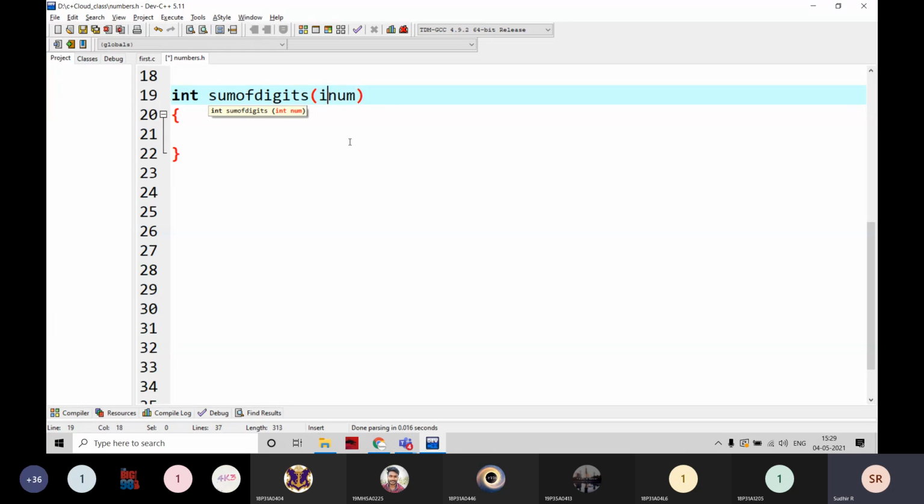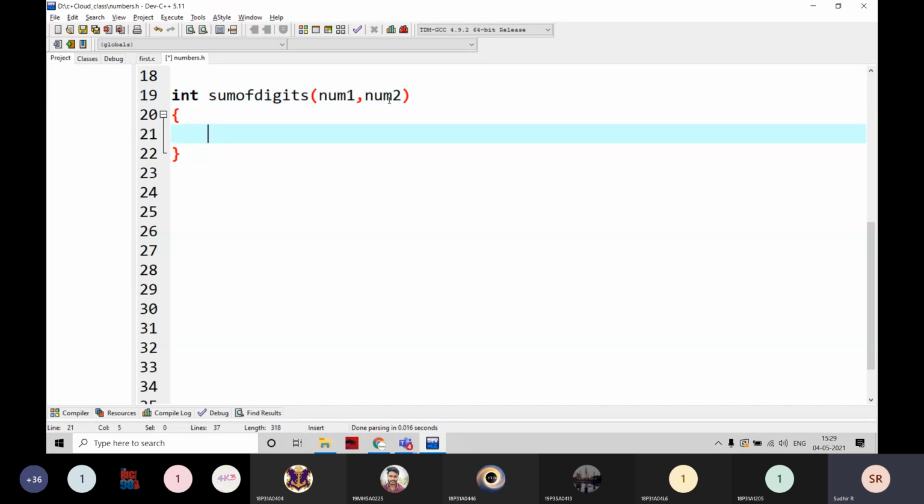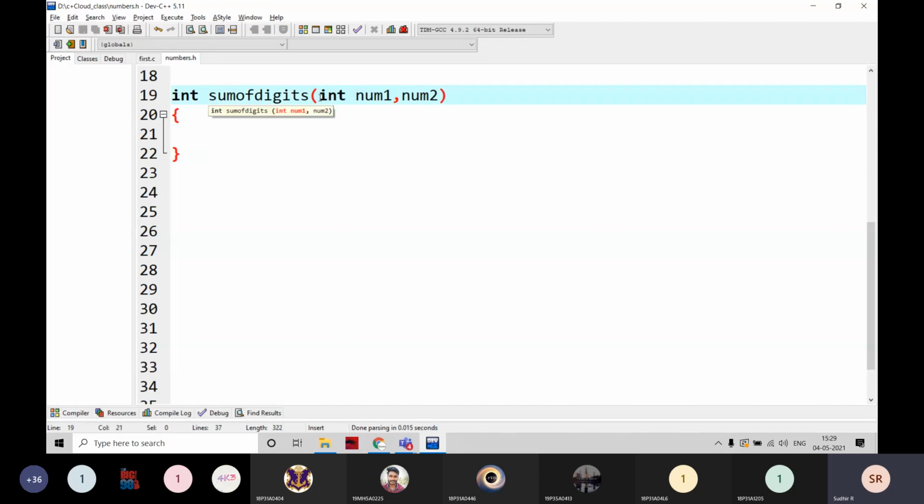For example, if there are two variables and you write like this, that is no problem, both data types are going to be integers automatically by default. But don't write like this, this is going to be an error here. The first data type is going to be int, and the second data type is going to be unknown. If you want to give all the values as int, you have to give it, otherwise you can leave it, no problem. But here better go for writing the data type also.